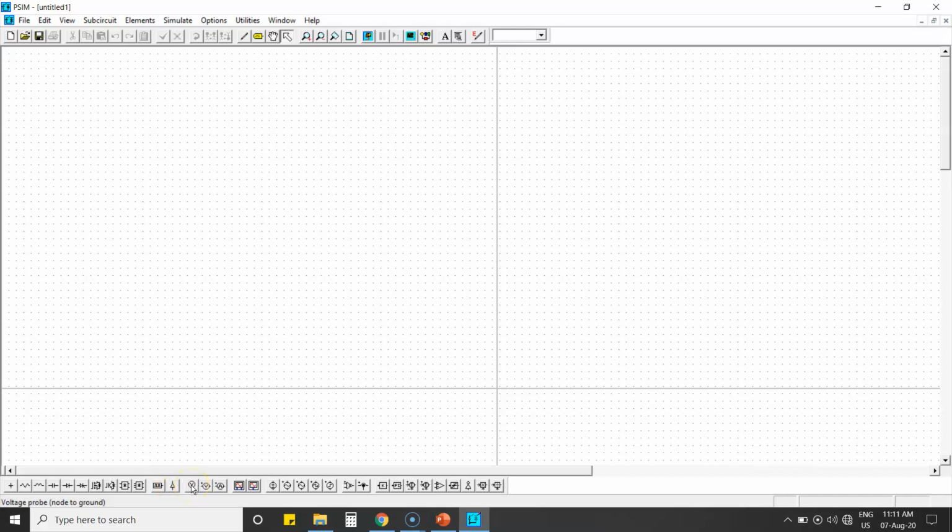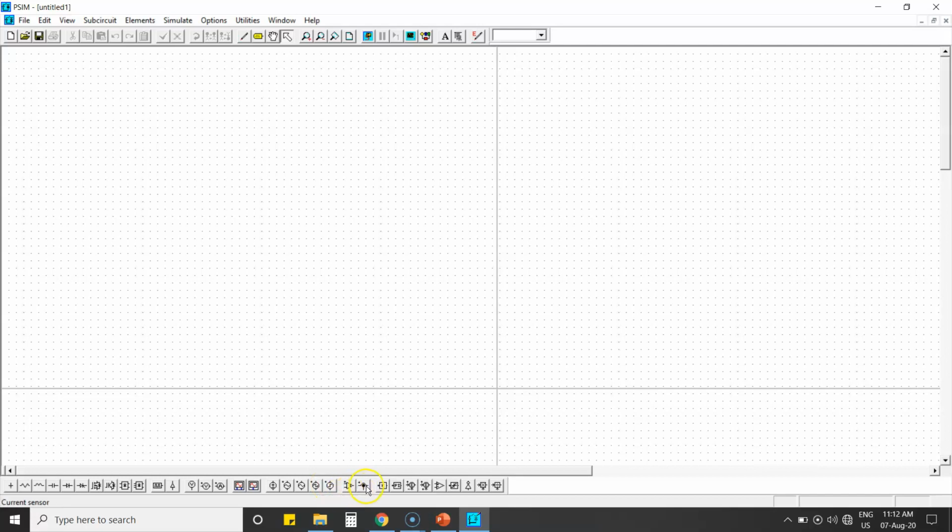This is the voltage block, which is measured with respect to node to ground, and this is between two nodes. This is your current probe. Instead of voltage measurement and current measurement in one block, here we have separate probes, and we have a scope also, for single channel and for double channel. If you simply select the scope, it will be for double channel. We have sources here, DC source and sinusoidal voltage source. If you want, you can use a triangular wave, a square wave, or step voltage. And we have sensors also.